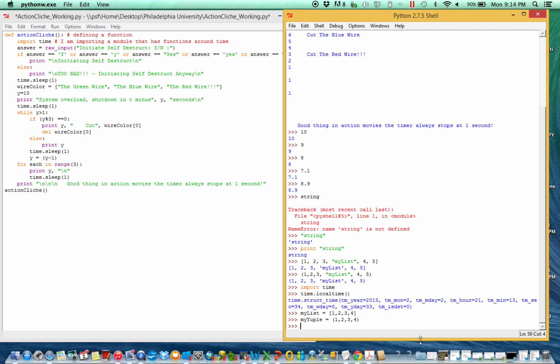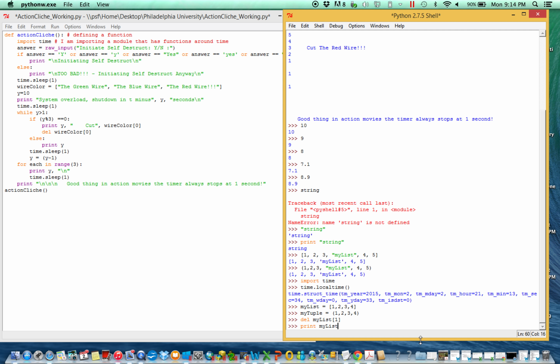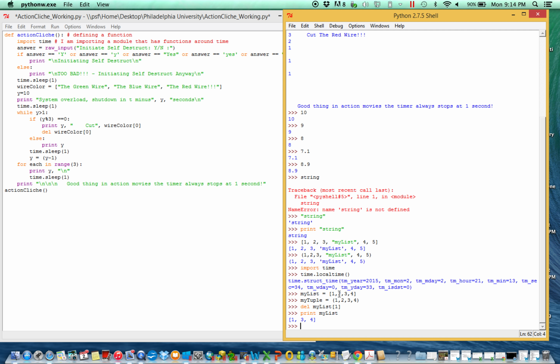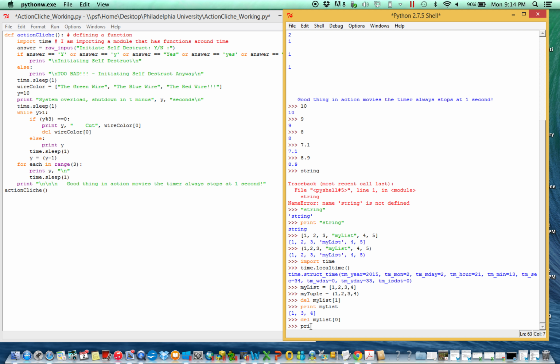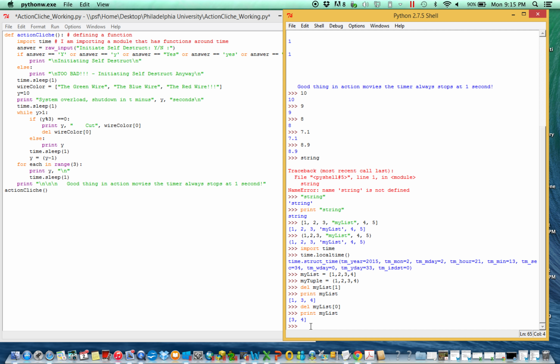So if at any point I wanted to delete from my list what was at the first index, and then I said print my list, notice that it did it. It deleted what was at the first index point here. Now I have only 1, 3, and 4 left. I could delete the first thing as well, delete my list at the 0th point, and I'm going to be left with 3 and 4. Again, don't get too hung up on these other words that I'm using. I need them to prove the point. We're definitely going to come back to them in a bit, but pay attention, noticing that I'm changing my list. So if I try to do the same thing on my tuple,